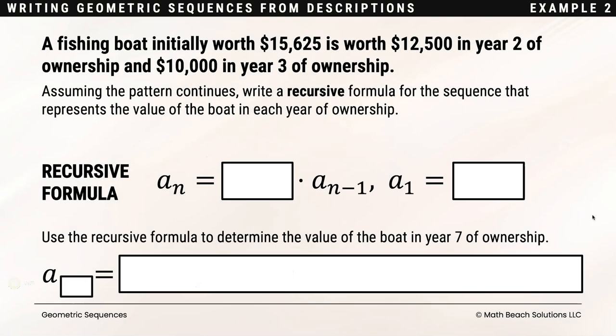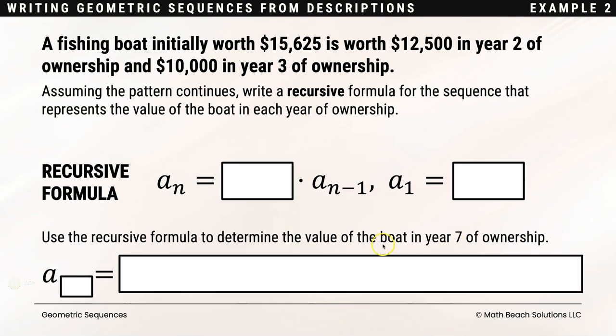In this example, we have a fishing boat that was initially worth $15,625. It is worth $12,500 in year 2 of ownership and $10,000 in year 3 of ownership. We are going to write a recursive formula for the geometric sequence that represents the value of this boat in